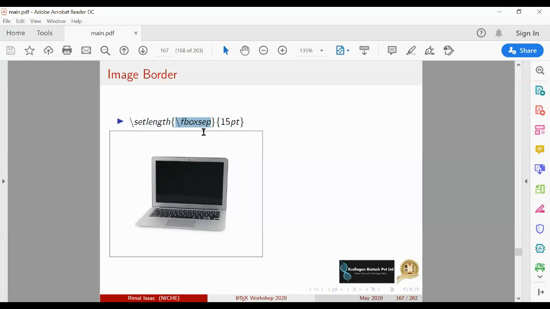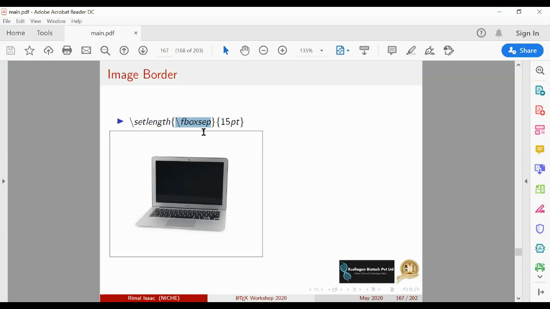So there is another question: how to change the position of an image. If you want to move your image from one page to another page, you can just cut the code from one place and put it in another place. But another thing is LaTeX will not always allow you to put your image in a particular place. For that,